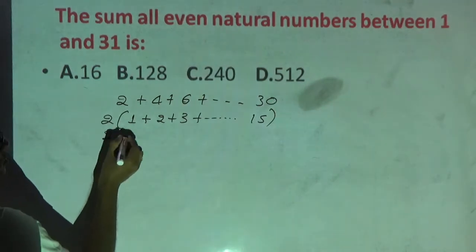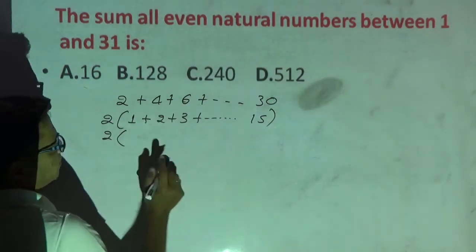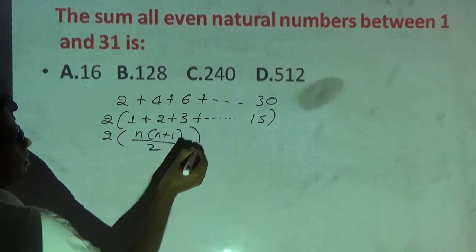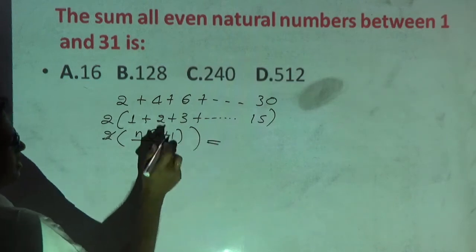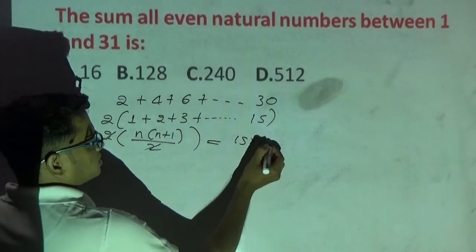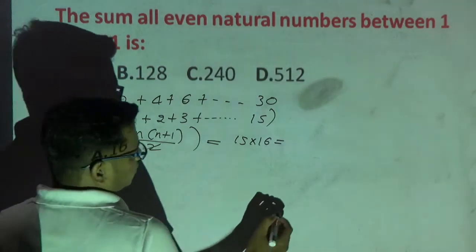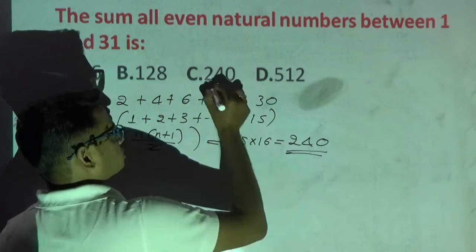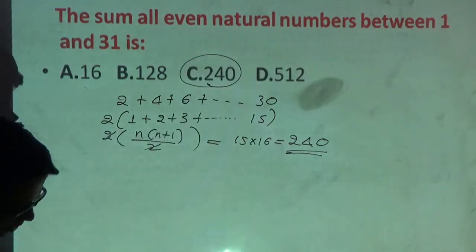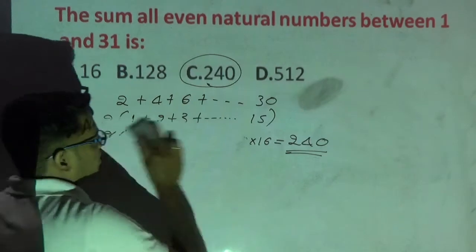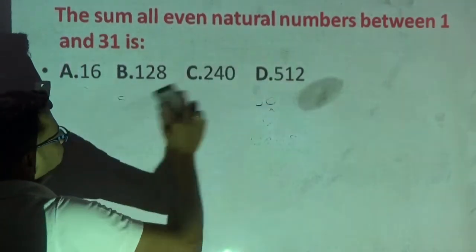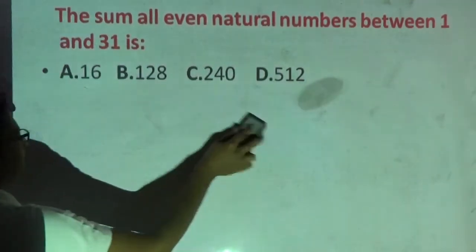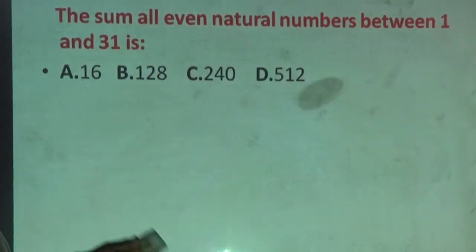So this can be written as 2 into the sum of the first n natural numbers, which is given by the formula n into n plus 1 divided by 2. So the 2 will get cancelled. n is 15, so 15 into 16. What is 15 square? 225. 225 plus 15 will be 240. The answer for this question is option C. Very simple problem, so I don't want to waste time on it. I will go to the next example now. All problems will be easy only if you know the shortcut. If you don't know the shortcut, you will waste your time and you cannot crack any competitive exam.